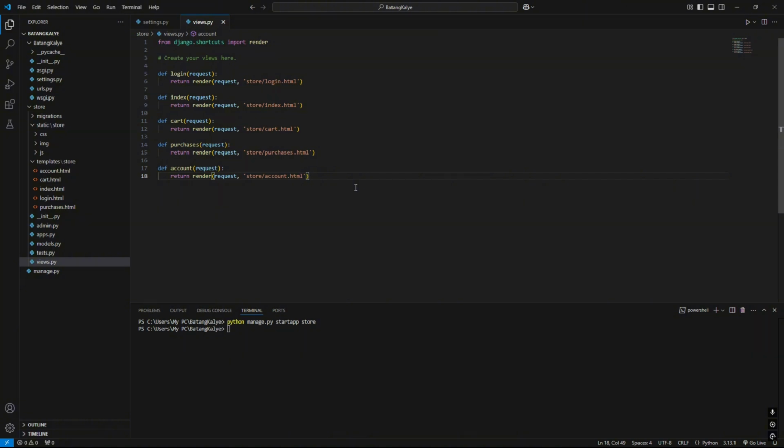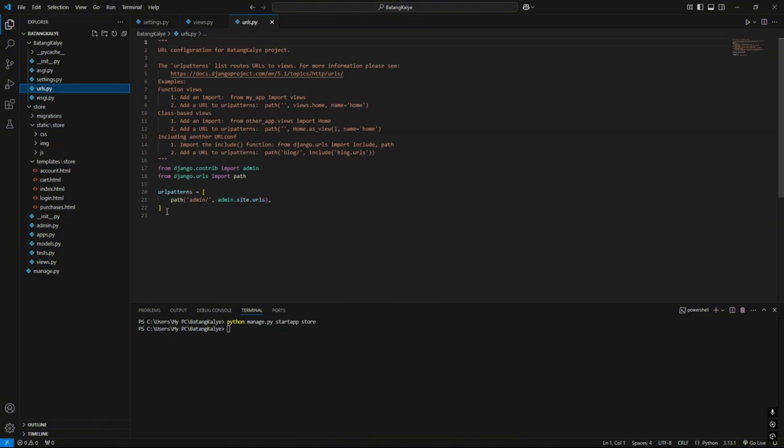After creating our views, we're gonna go to the URL. In here, I'm gonna create the path, include store.urls.